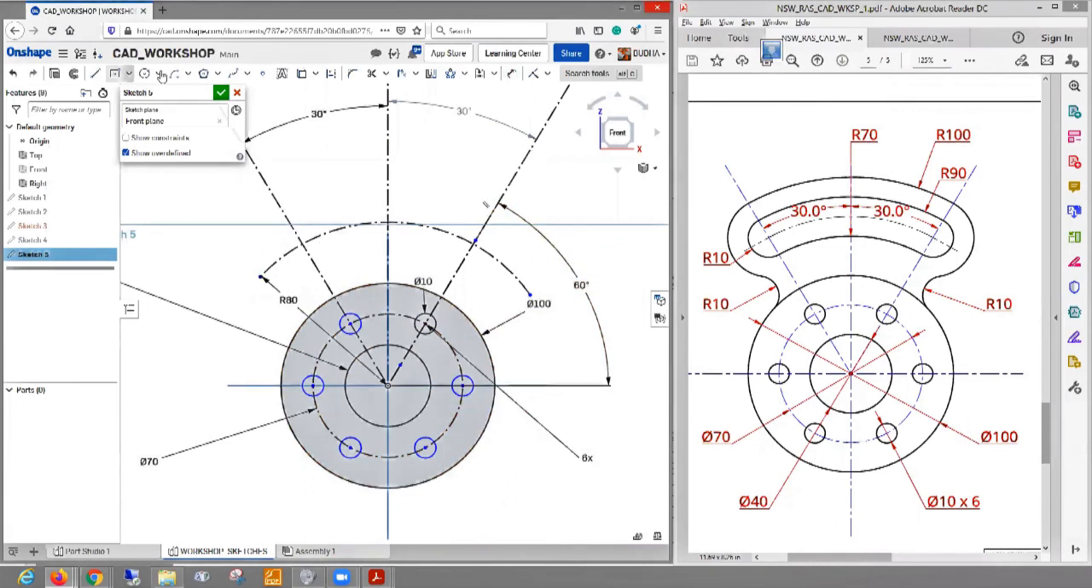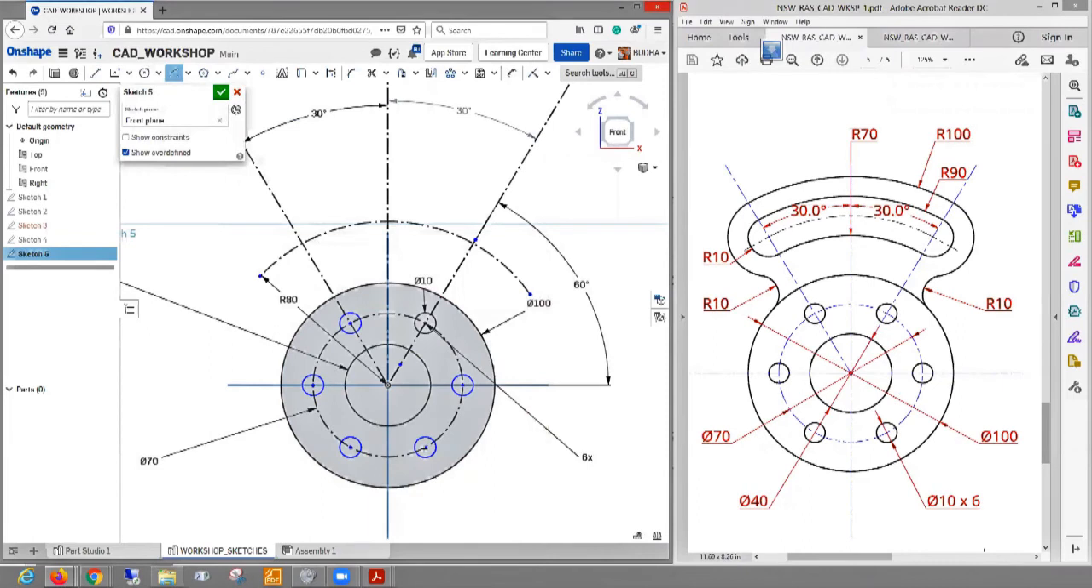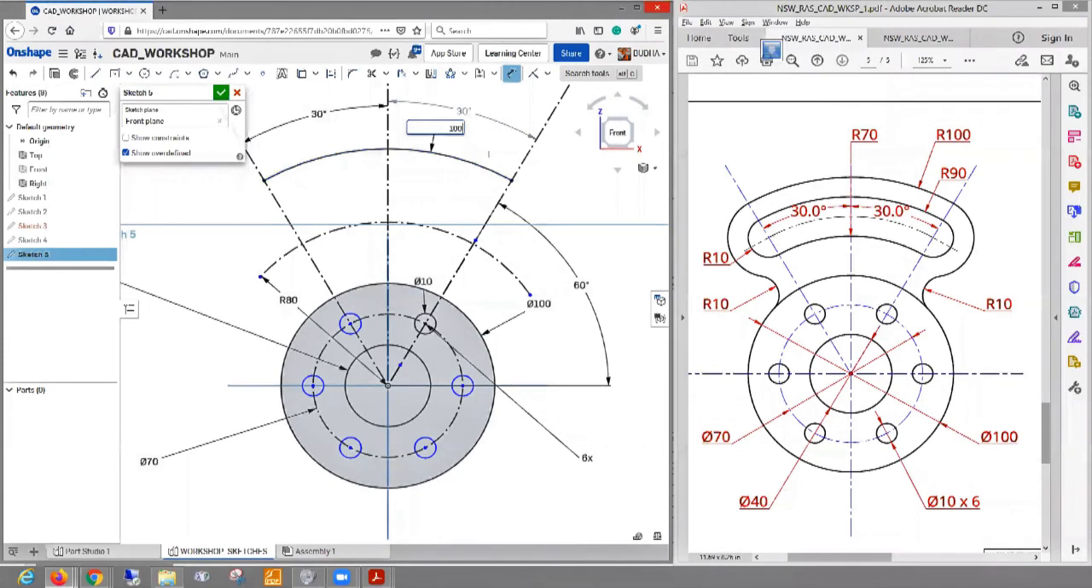Now let's create another arc, center point arc. Between this one, and that is the outer arc that we are trying to achieve, and this is going to be 100. Next one, we will do this 90. Again, from here